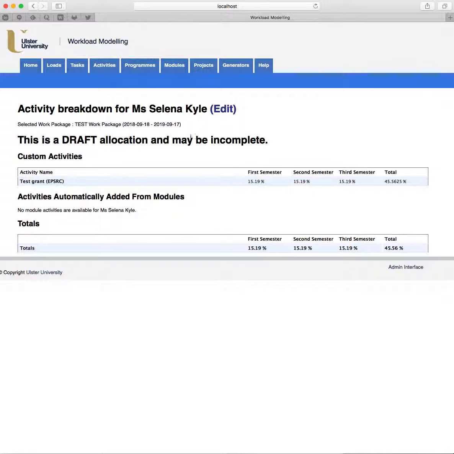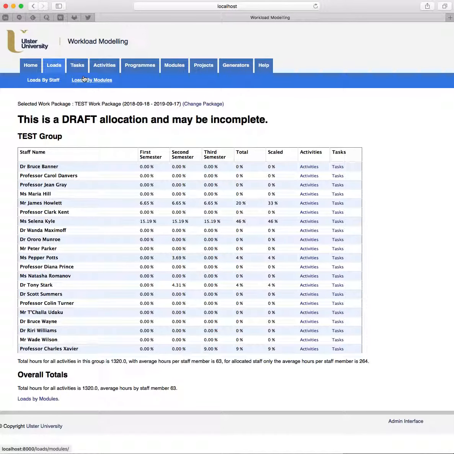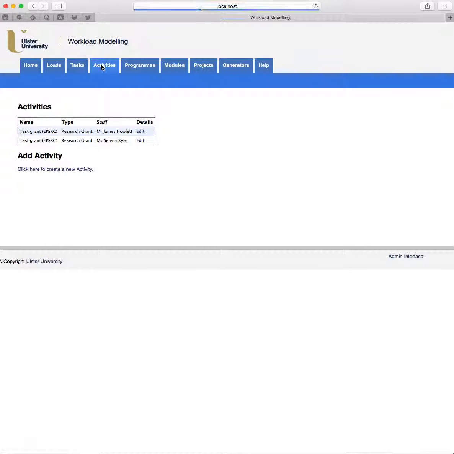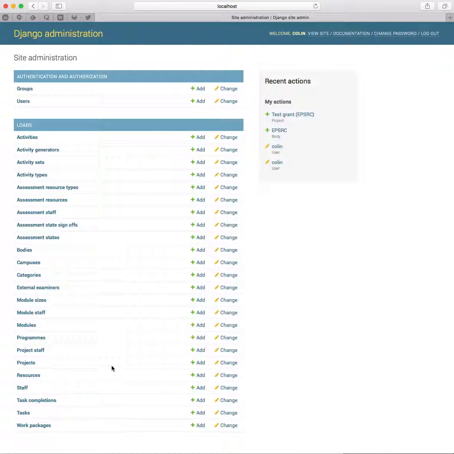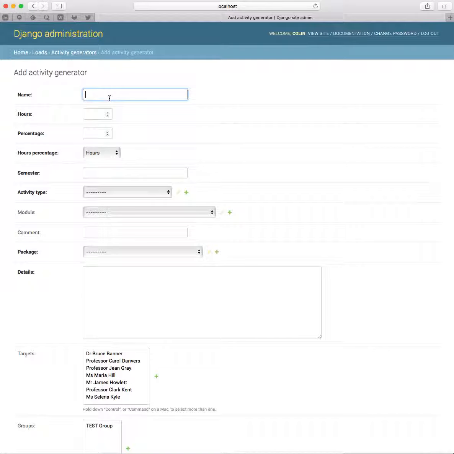However, you might decide that you would prefer to allocate a flat 40% to all your members of staff for research. Now, you can do this by going into the activities and adding an individual activity into each member of staff, but that's pretty tedious. So there is a feature called generators that can help with this. And again, the generators aren't entirely within this interface. You have to go into the admin interface. But you can go to an activity generator and say, right, okay,